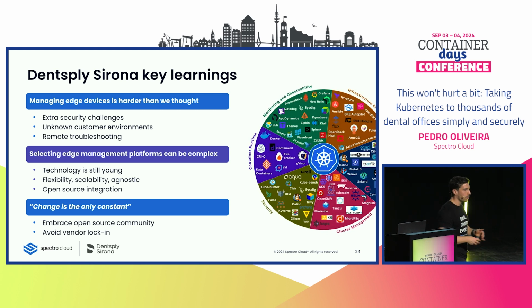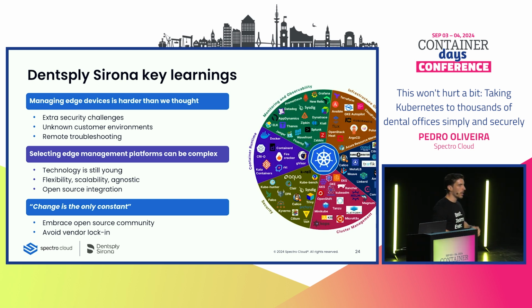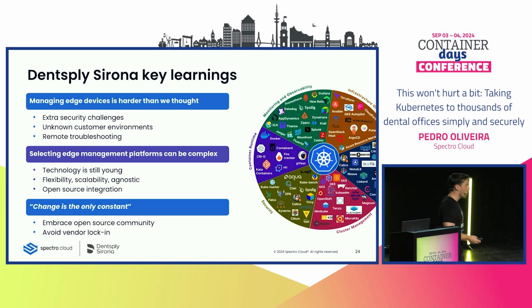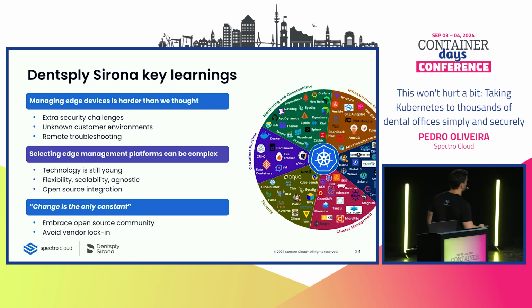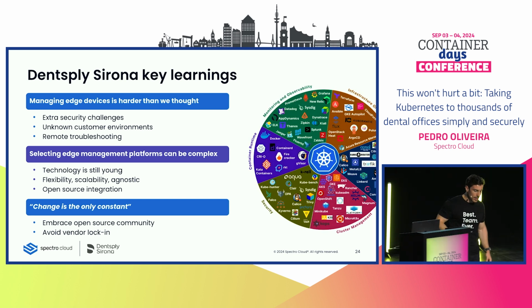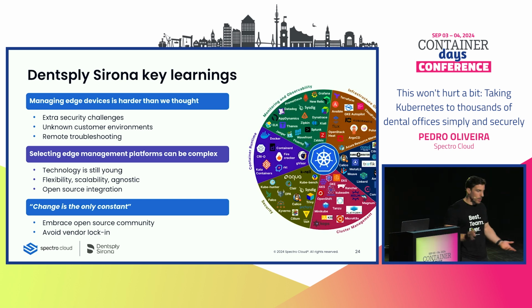So you must be able to do remote troubleshooting and remote patching as well. And one of the most important ones, something that has been said by Dentsply as well, very publicly, is the fact that